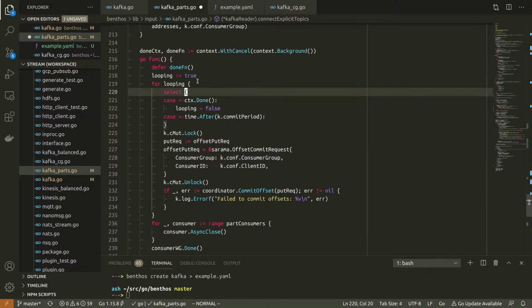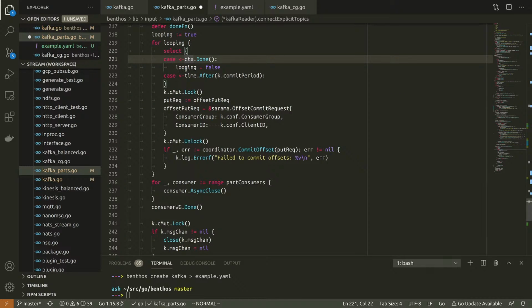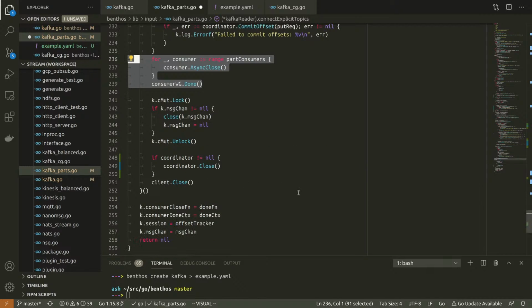Yes. So this loop here gets kicked off at the same time as all the partition consumers, and essentially it's responsible for kicking off the commits periodically. And also once we're closing down, then we exit this loop and we also close all the consumers, and then we wait for the consumers to close, and then we signal that we're done.